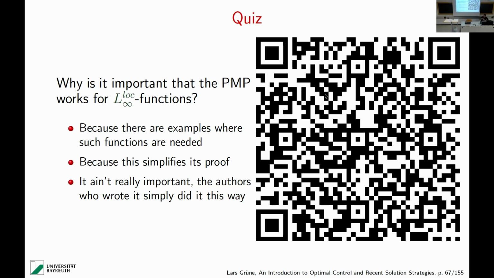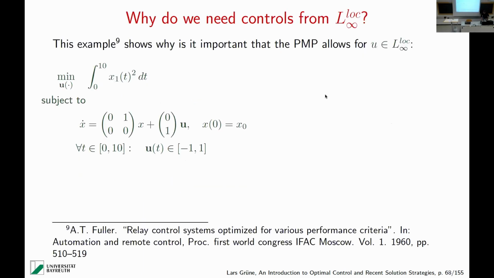Let me show such an example to you. It's actually the same differential equation as the car I had yesterday, the car that you can move on a rail or on a one-dimensional road, left and right. X is a two-dimensional vector where x1 is the position, x2 is the velocity, and u is the acceleration. And here we have the constraint that u should not exceed [-1,1], so we have a bound on the acceleration, very natural.